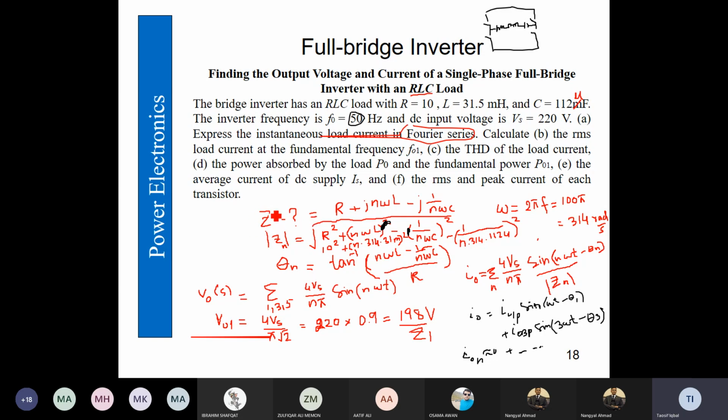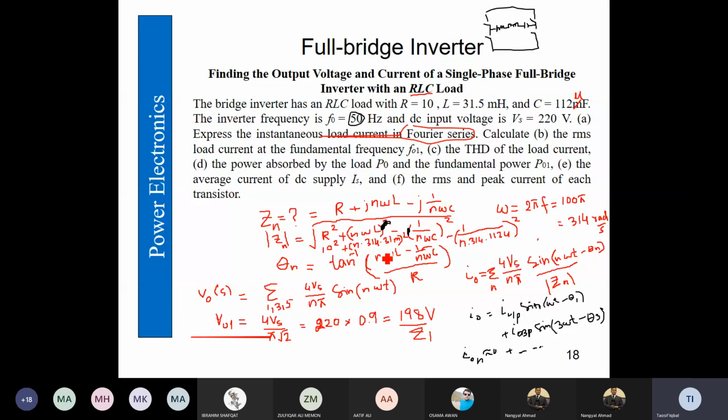Okay, so we have to find out the total impedance. Therefore we have R as a resistor, then plus j n omega L. Remember to keep the value of n over there, because in voltage we are going to have many harmonics, which is n numbers, nth harmonic. So accordingly our impedance will also be n based, harmonic based, and minus j 1 over n omega C.